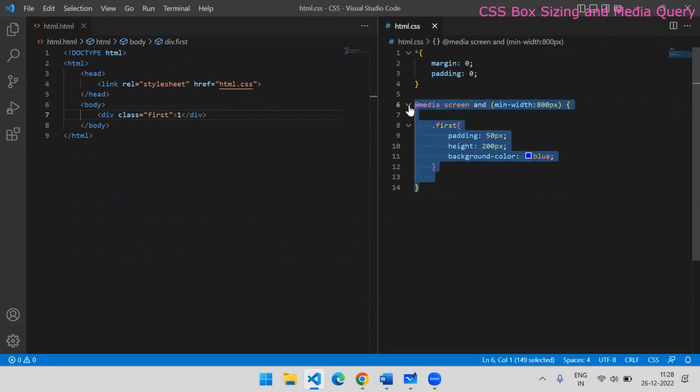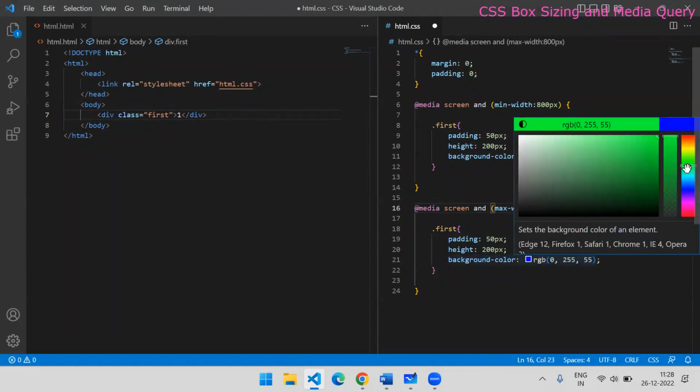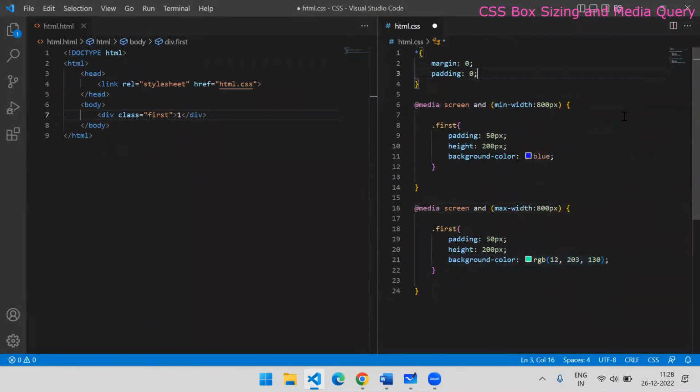Similarly, I will break it into the max screen also, and I will say when max screen is 800 pixel, means minimum width can be anything, and in that case I would like to pick this color